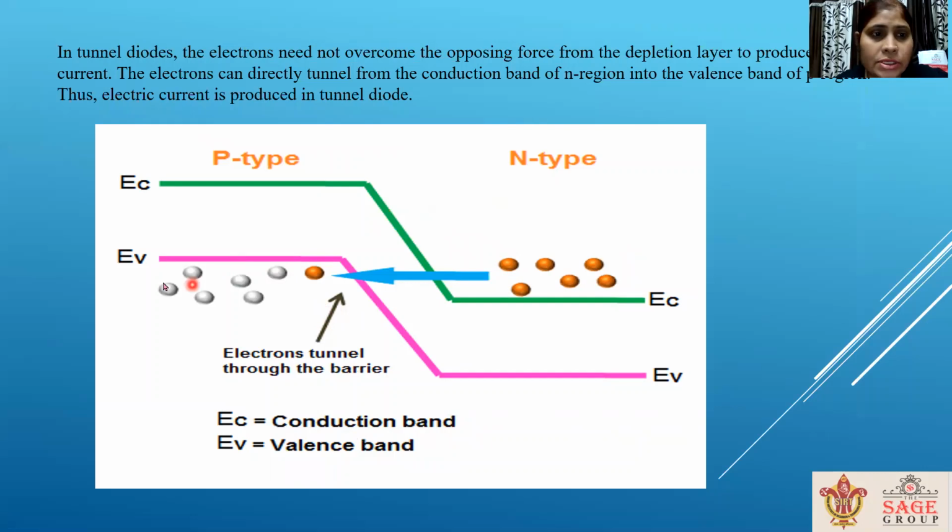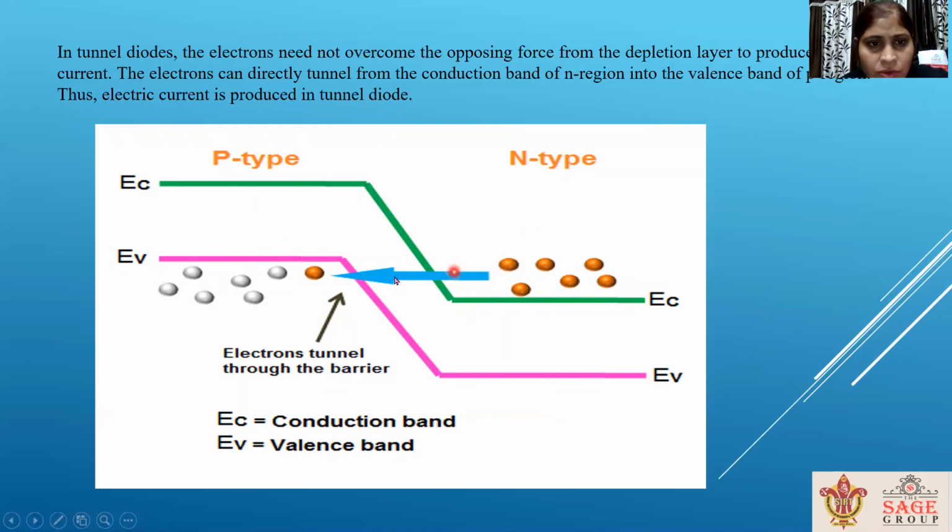In the tunnel diode, see the energy levels of the valence band and conduction band at the p-type layer, and at the n-type layer the energy levels of the valence band and conduction band. That is, the energy level of the conduction band is very low, somewhat lower than the energy level of the valence band at the p-type layer. This happens because of the high concentration of impurity.